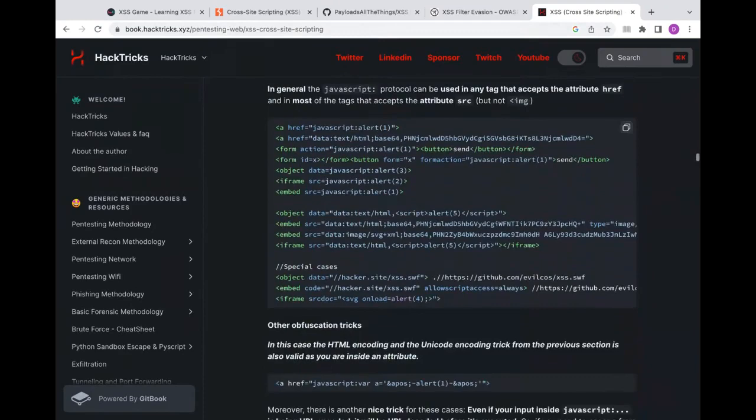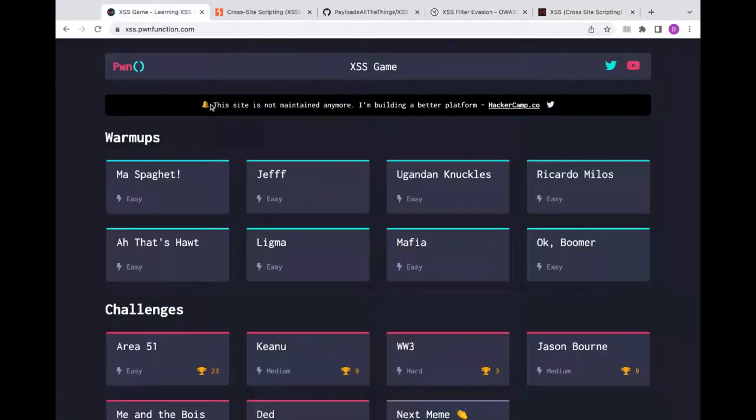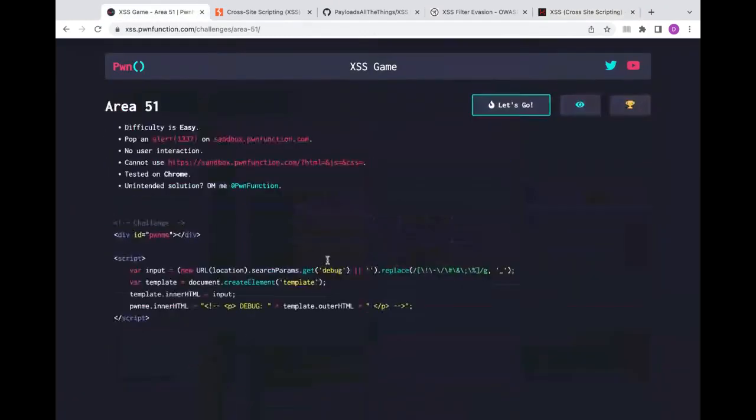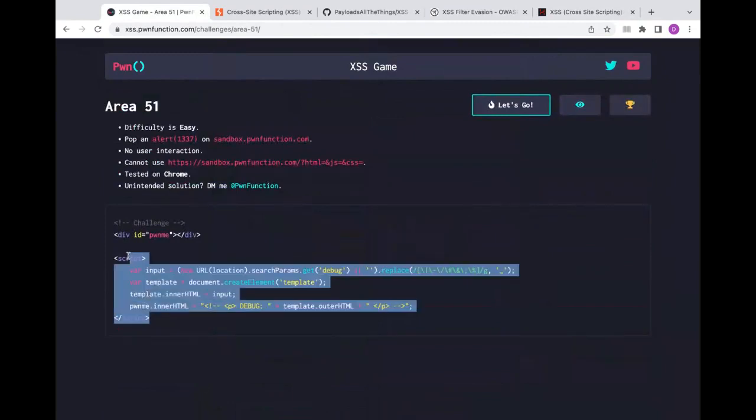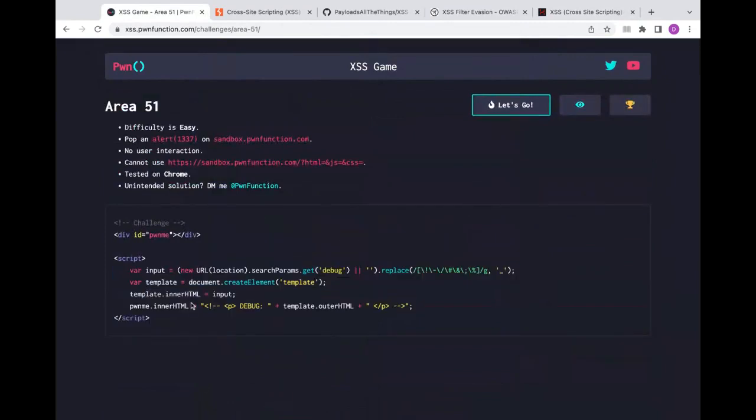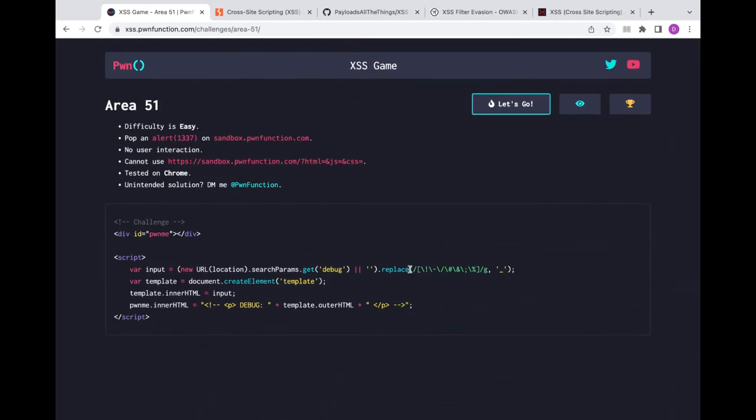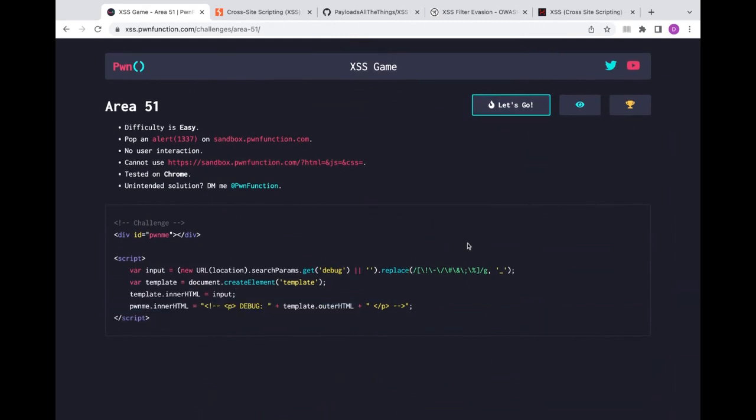Just to show an example here as well, I was going to pull this up. This is one of the labs here. It shows you a challenge, it shows you the code. And here, if you look, you're getting debug. All right, so in order to get past the filter here, it strips out, if you try to upload or add a